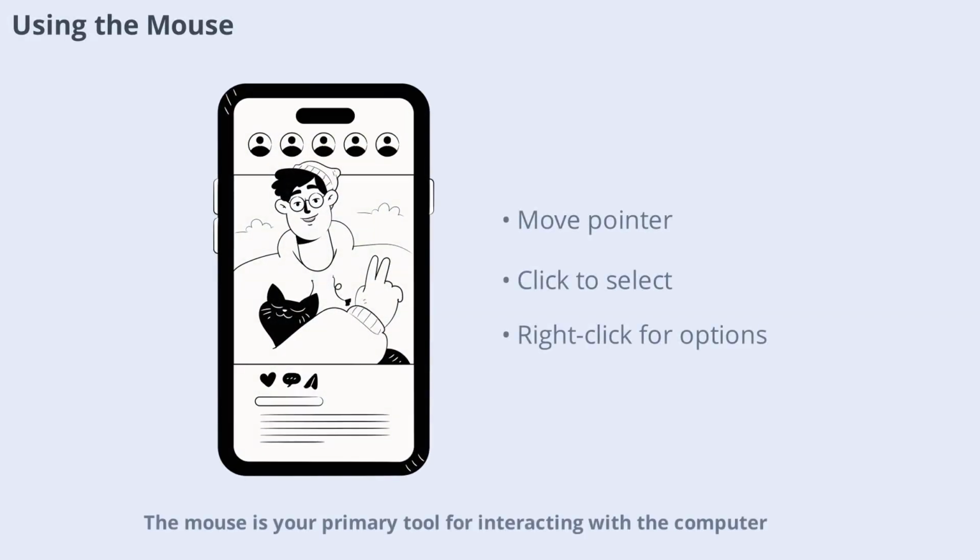The mouse is your primary tool for interacting with the computer. Moving the mouse moves the pointer on the screen. Clicking selects items, while double-clicking opens files or programs. Right-clicking brings up context menus with additional options. Learning to use the mouse effectively makes navigating your computer much easier and faster, especially when working with multiple windows